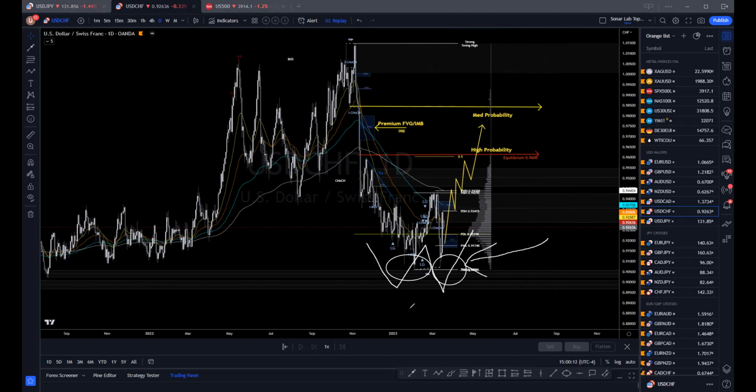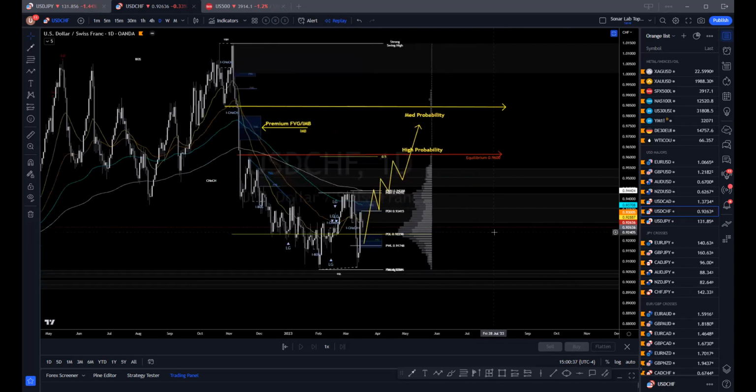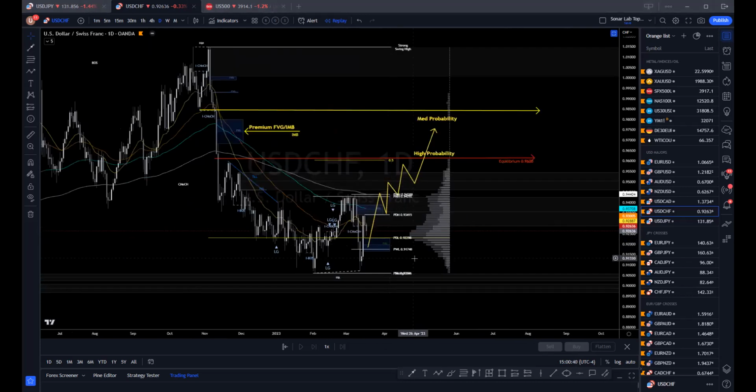I got a double bottom situation, or the W, and I got a nice equilibrium of the swing high, swing low. I got a nice thick imbalance right there. I would put my money on dollar Swiss franc going long if I had no fundamental clue of what's going on. But fundamentally, what would need to happen is that we need to have people not happy with the Swiss franc, and the Swiss franc interest rate decision on the London session would have to be a very dovish, weak,